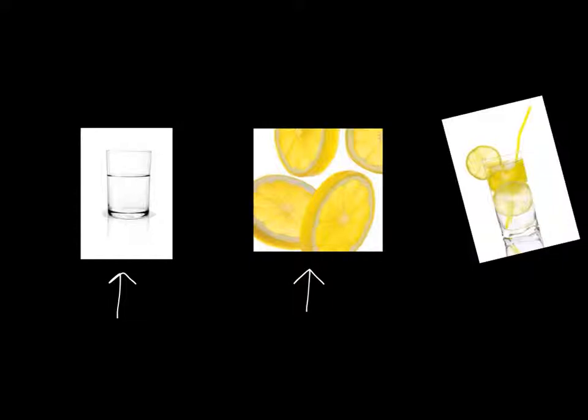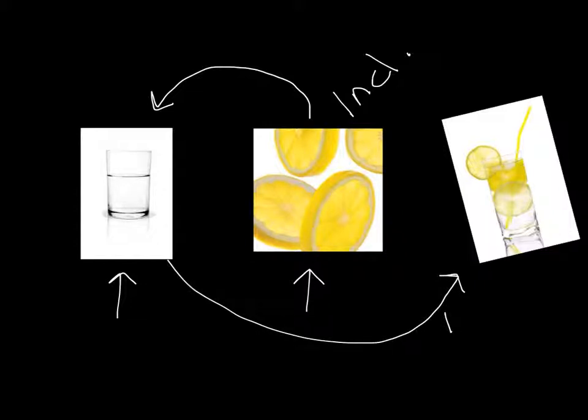When I add the lemons to the water, the lemons are my independent because they are changing the water. So the result, this lemonade over here, is my dependent